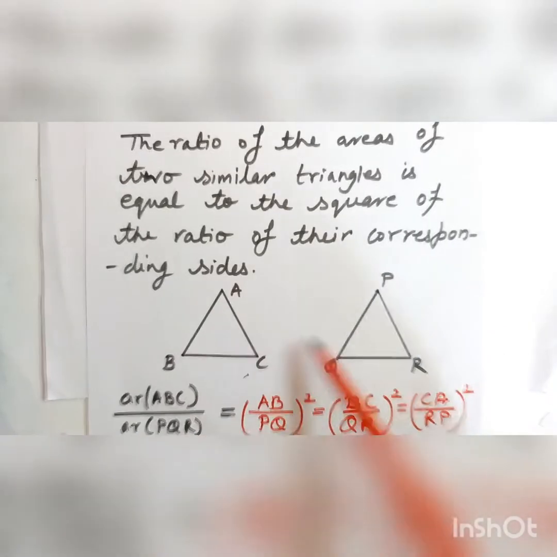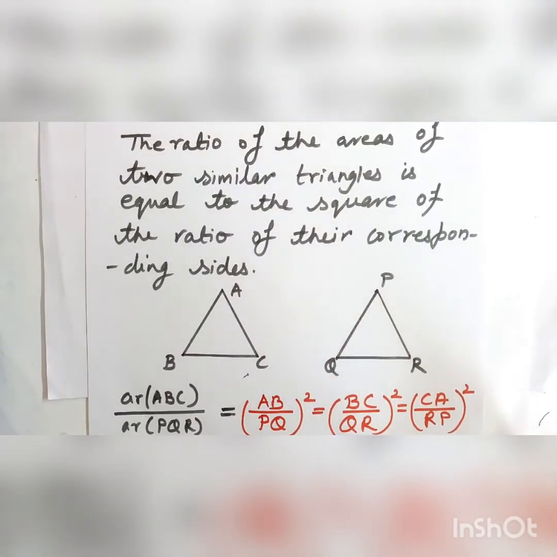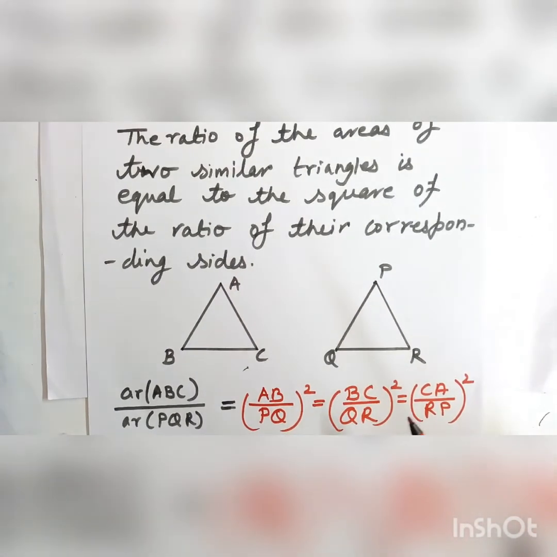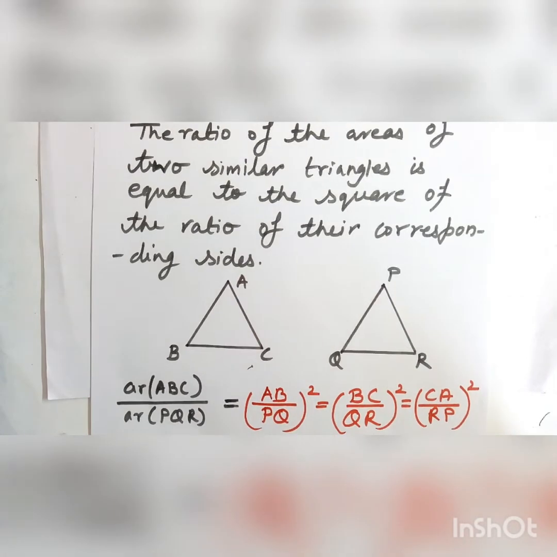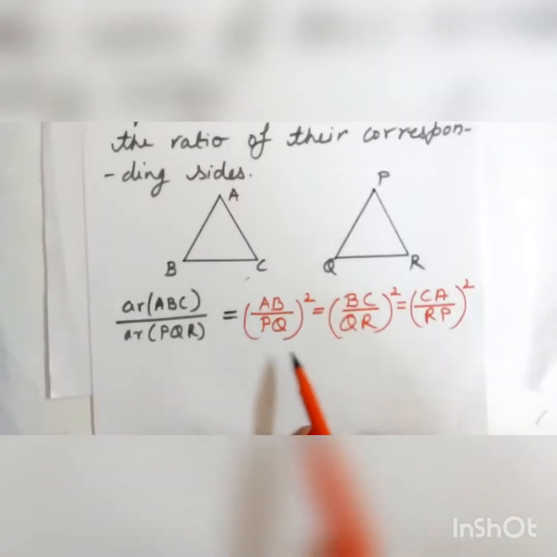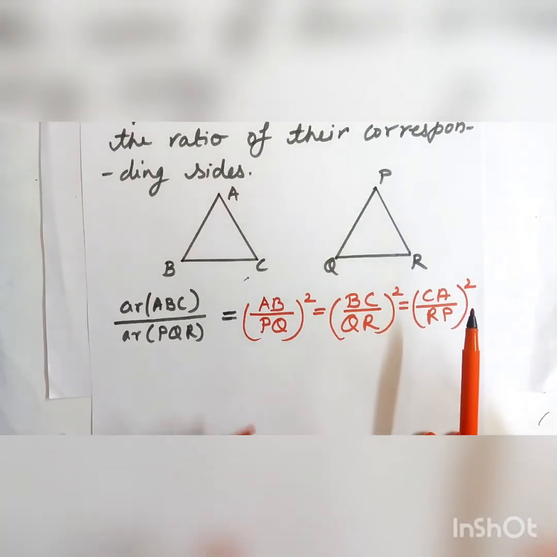When two triangles are similar, we know a few things: their sides are always in equal proportion and all their corresponding angles are always equal to each other. The third thing we can also use here is that when two triangles are similar, the ratio of their areas will always equal the square of the ratio of their corresponding sides. So we are going to apply this in solving other questions also.